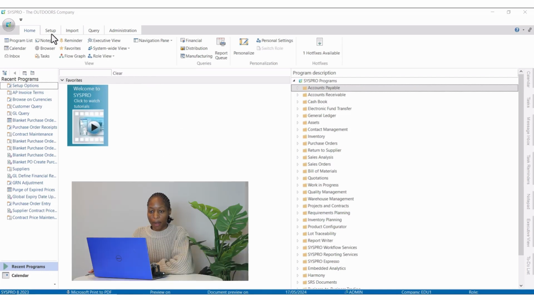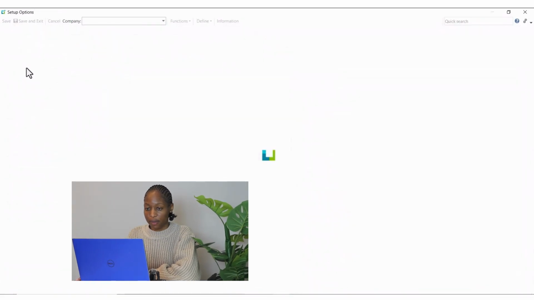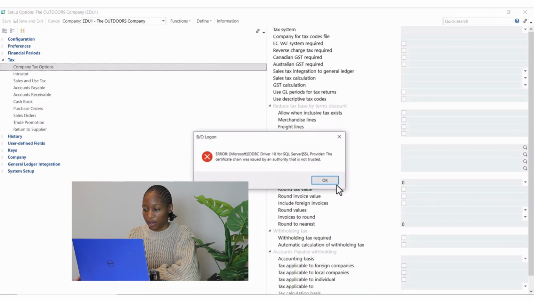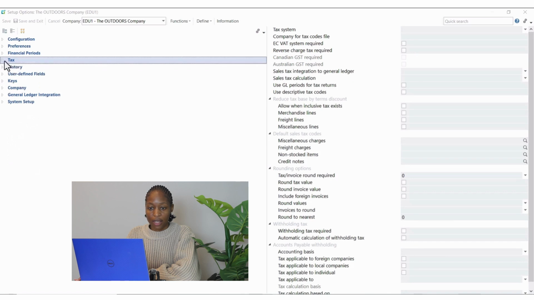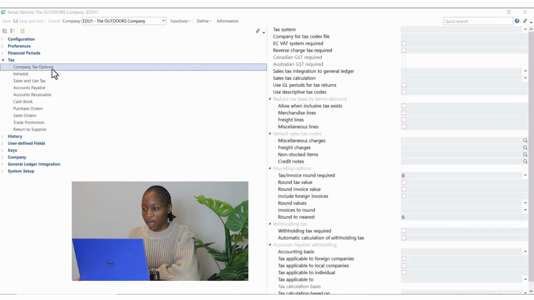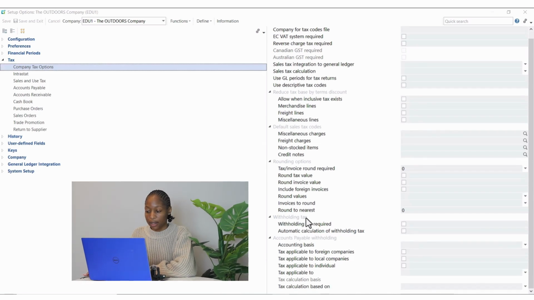So we're going to go to Setup and then to Setup Options. Just going to say OK. Just going to say OK again. And you're going to click on the text option and look for company text options. Okay, and there we have it open, and you're going to scroll all the way down to the withholding text